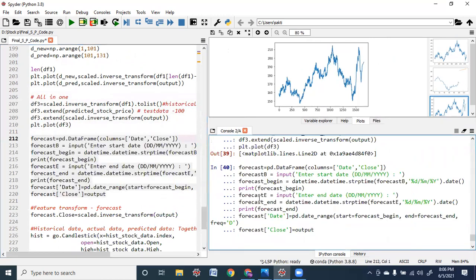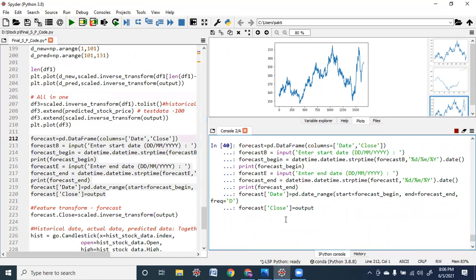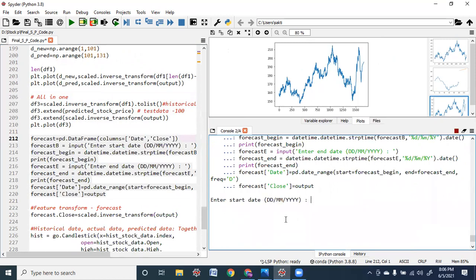Let me also create a separate data frame called the forecast, which consists of date and close columns alone. Now let me just give the forecast dates. Starting date of forecast, that is 1 month date. Okay.